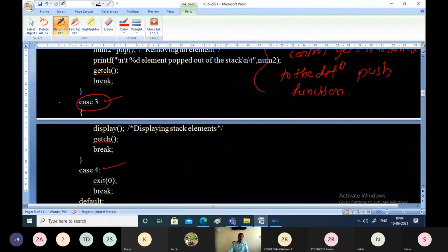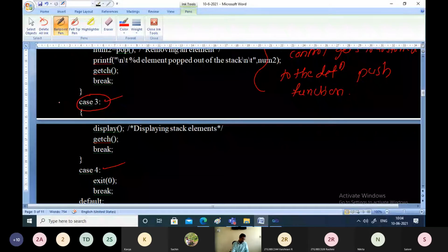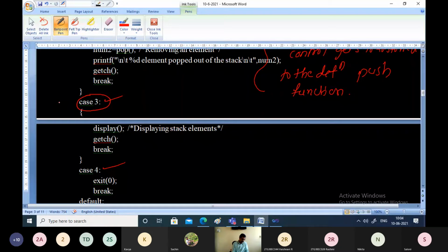Because of network issues, it is sometimes possible that the audio video may not get synchronized. I have the option to check that.